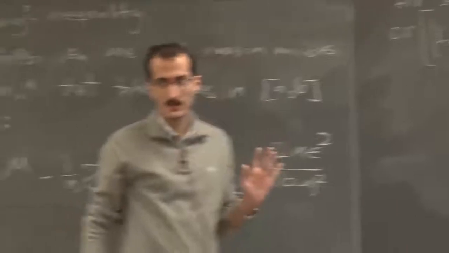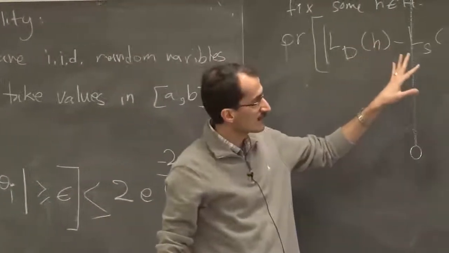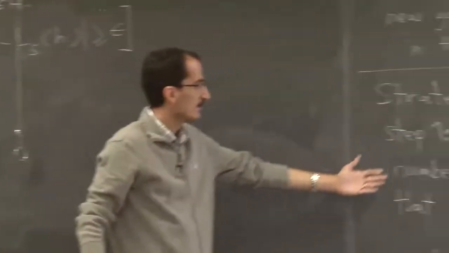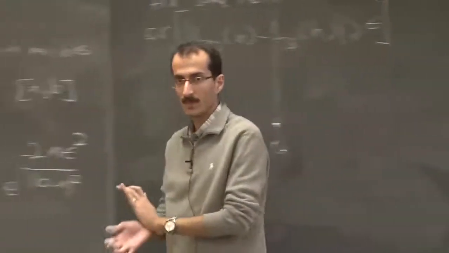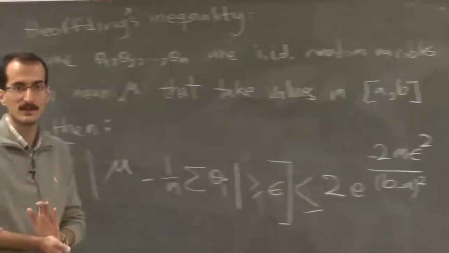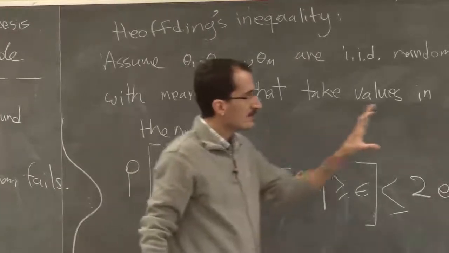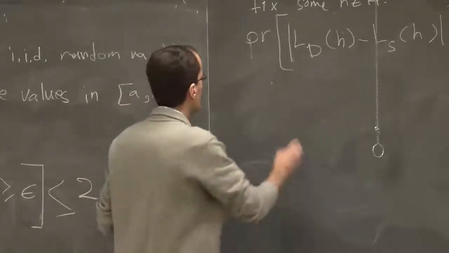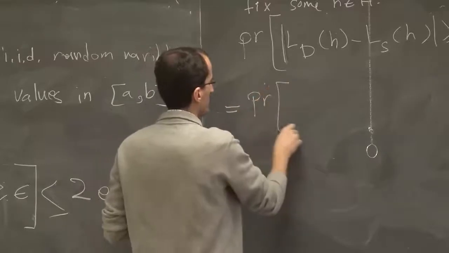So for a single hypothesis, I want to say that its true error is close to its empirical error. That's what I wanted here because of this thing. And now I can use this inequality here. It's about the average of things, so I can rewrite this as an average. So it is equal to the probability that